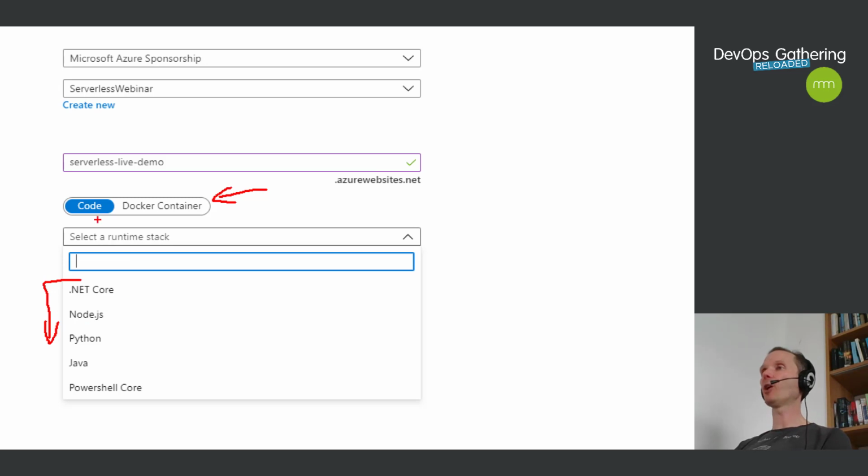On the other hand, if I don't want to provide code, I can also go and build my own container images, and then I can provide the Azure function baked into a container image, and then I'm fully independent of what I do in this Docker container. I'm not fully independent. I have to provide at least the Azure function runtime, but I could even use a language that is not fully supported by Microsoft. For instance, I could write an Azure function in Go using a community project and bake that into a Docker container, and then I have a much higher degree of freedom.